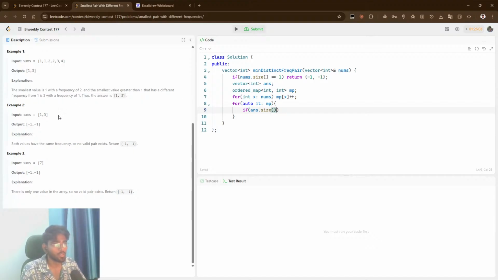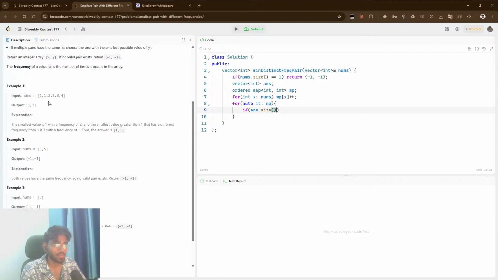Then you need the smallest y, right? Smallest value of 1 with frequency 2 and the smallest value, so I need 1. Okay, so